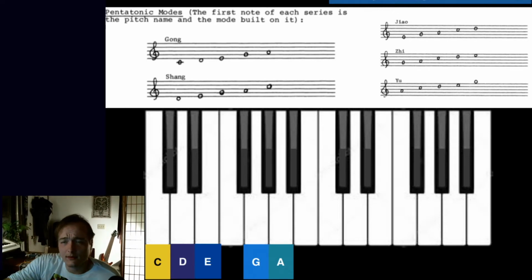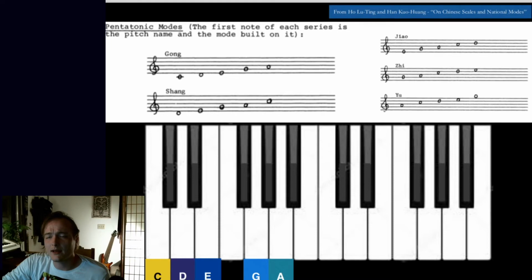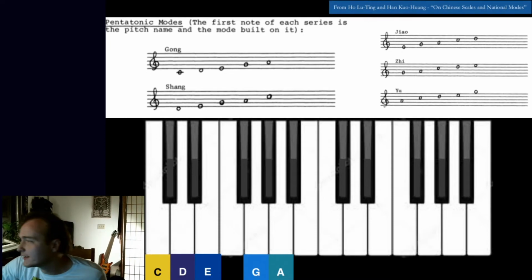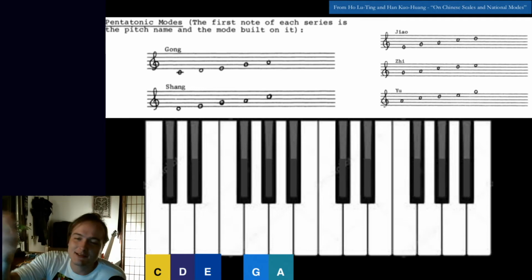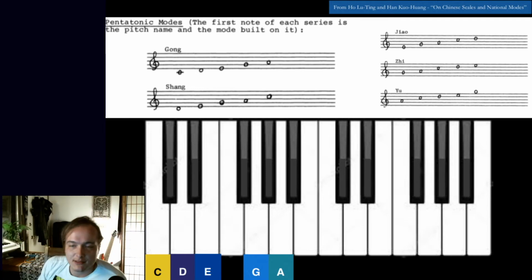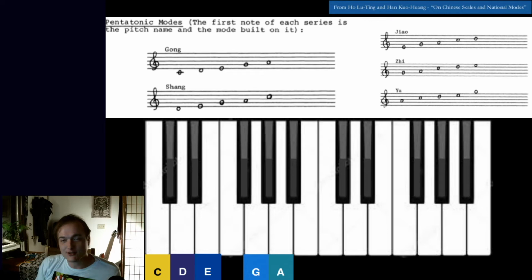provided you with this article by Lu-Ting and translated by Han Kuo Hang, called On Chinese Scales and National Modes. The article was about how a lot of times people in the West, Europe and Americas and everything, tend to look down on Chinese classical music and say, oh, well, it's too simple. It's just based on these 5 tones. They haven't really reached our fully developed 7-tone scale of major, which is a really old-fashioned and I think kind